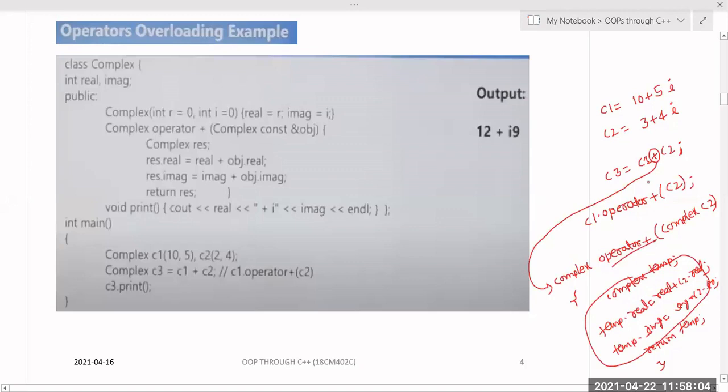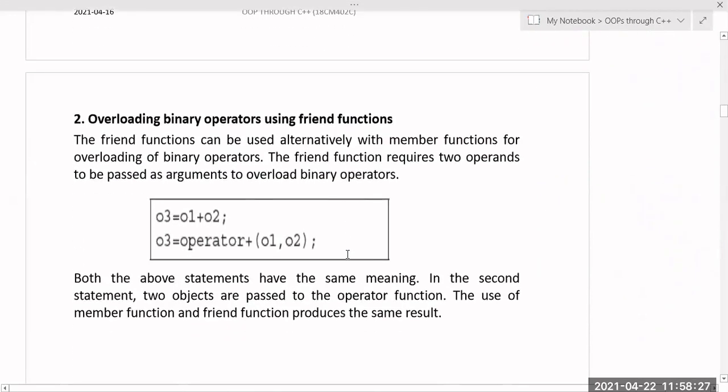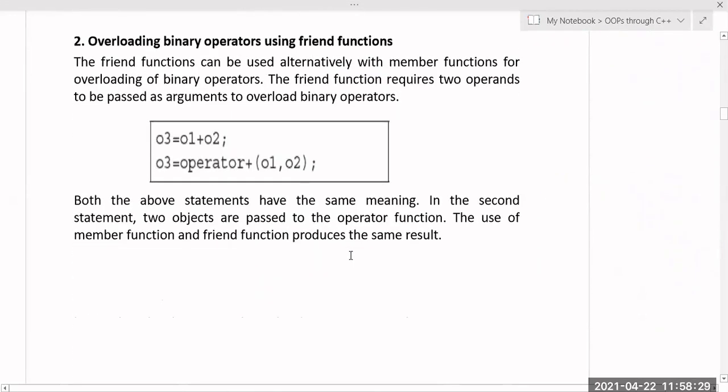Or when I put the plus operation, if I want a comparison to happen, I write the comparison code here. There the operator is plus, but it will do the comparison operation. That means whatever logic is related to that operator will be redefined inside this operator function. Got it? All of you got it, right? Yes, sir. Right. So this is operator overloading, or overloading binary operators using member functions.